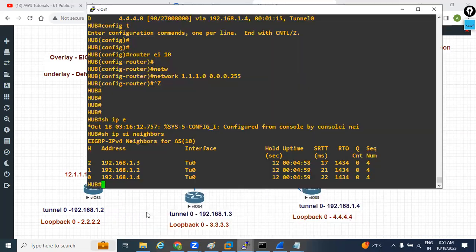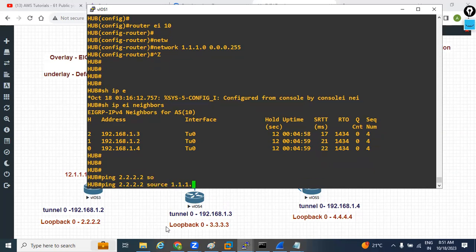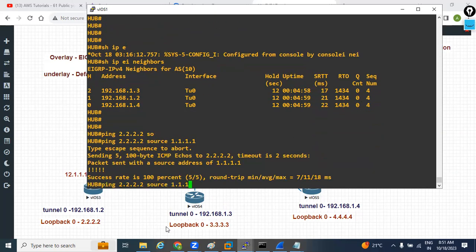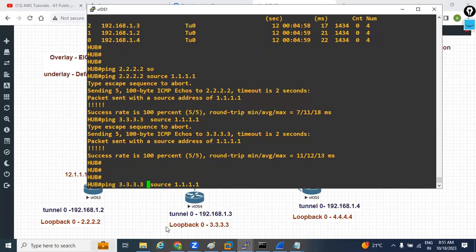So from hub 1, if I try to ping with 2.2.2.2 as a source of 1.1.1.1, able to ping. Now try to ping with the other one, able to ping. This is the SPOC 2, and this is